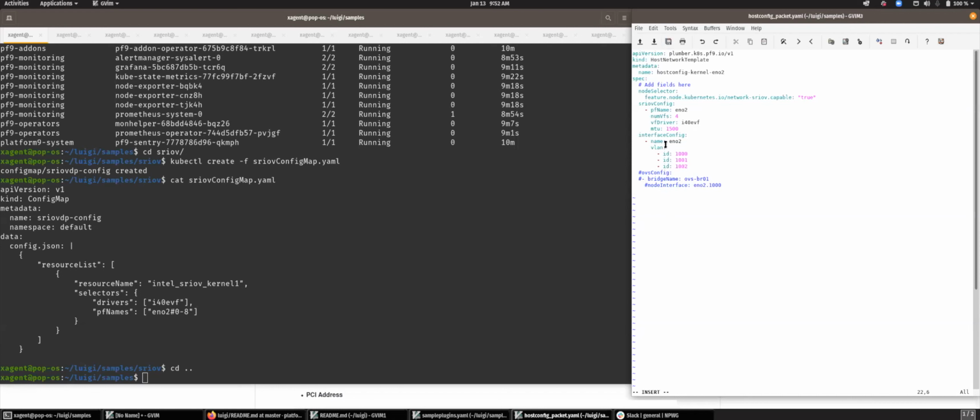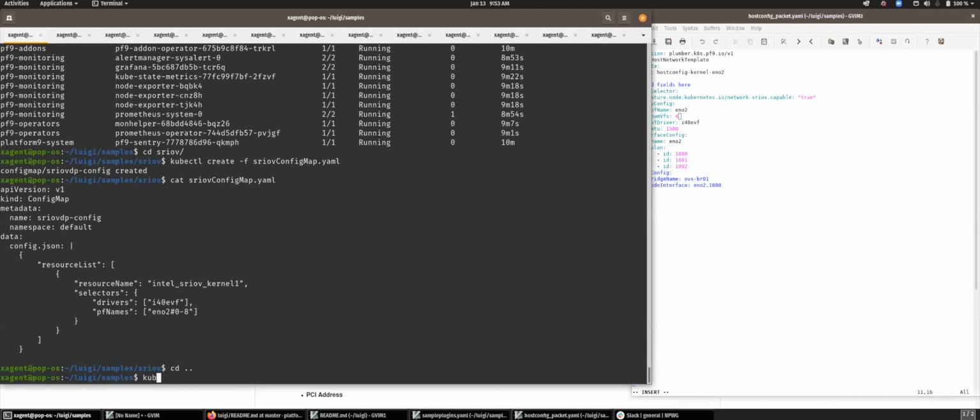All I'm going to do is demonstrate the creation of SR-IOV. I'll create some virtual functions and I'm going to say use the I40EVF driver.